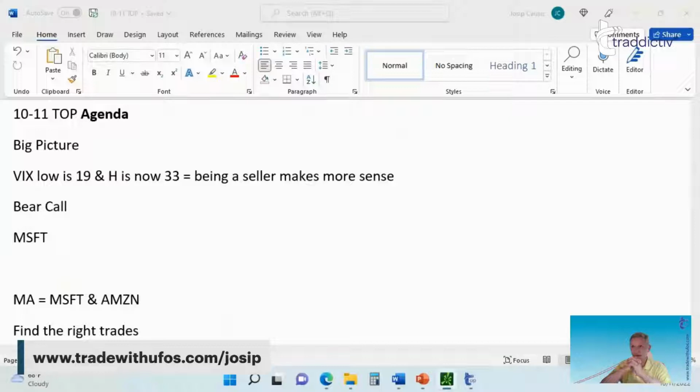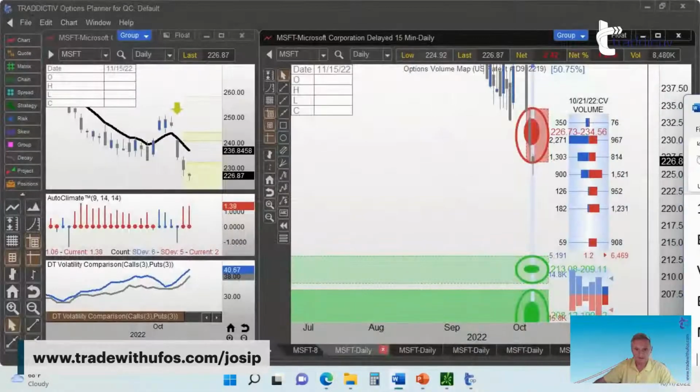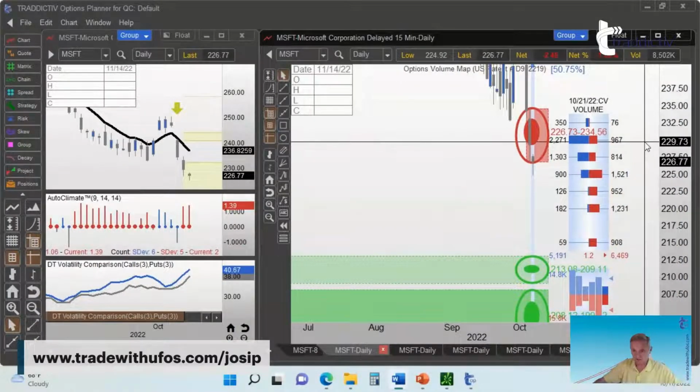230 would be my quote unquote area of focus. This area of focus that I have, I'll just grab this and drag it down inside and continue with the analysis here. 230 is the area of focus that I'm going to be selling. I'm going to be selling 230 right here.